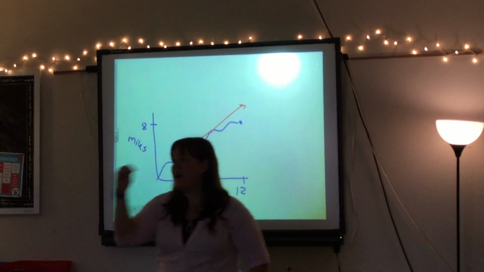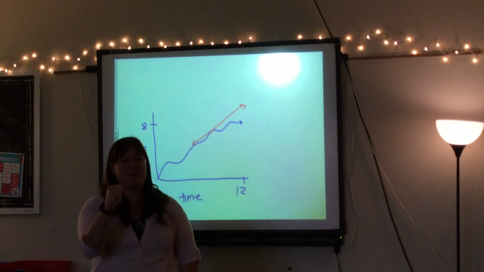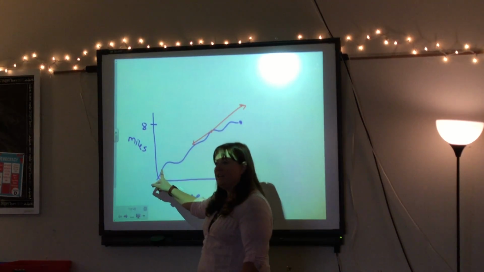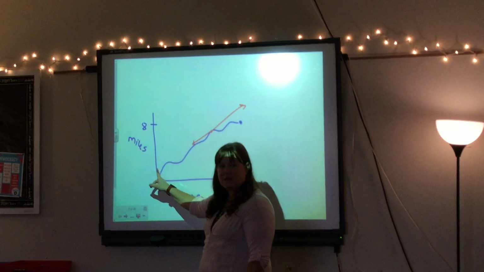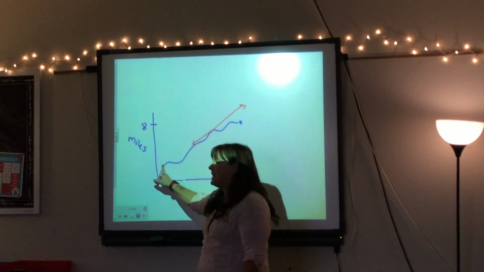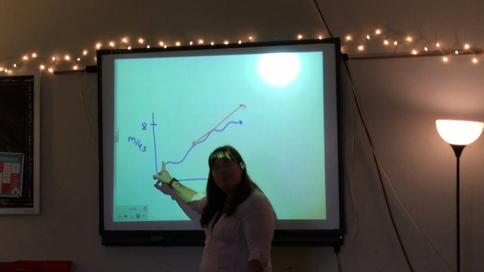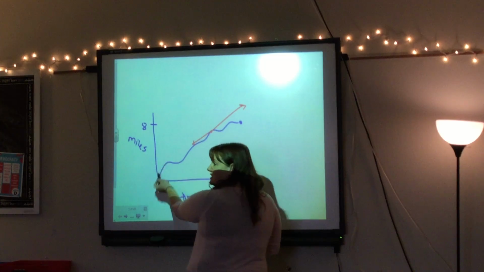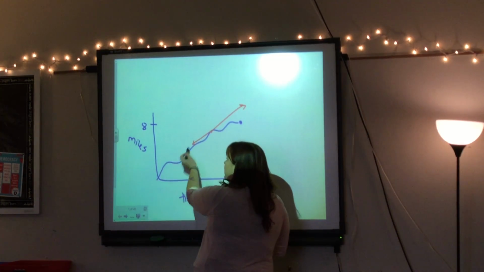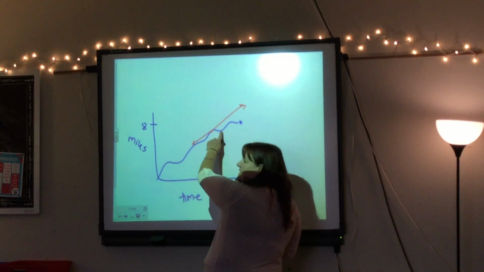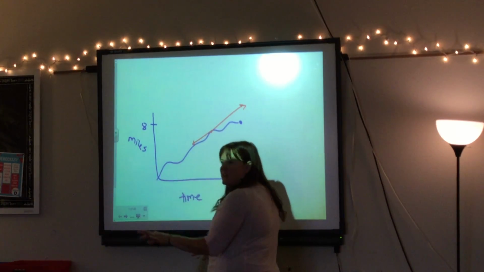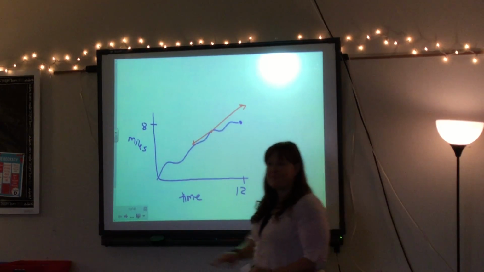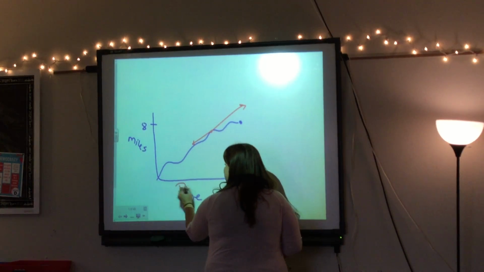The line tangent to the graph is going to tell me how fast I'm going at that exact second. So here I'm going kind of fast because I'm running late. And then all of a sudden I remember that I'm on a residential street and I slow down, right? You see that the slope of this line is really steep, and then I slow down, and then I go fast. This is when I see the old ladies on the road, I slam on my brakes to make sure that they don't hit their dogs. Okay, so this is the position function.